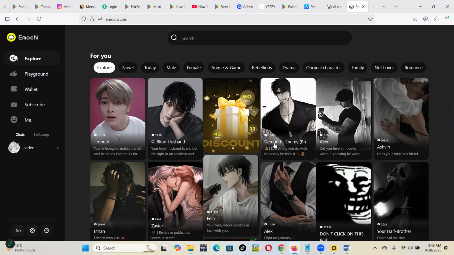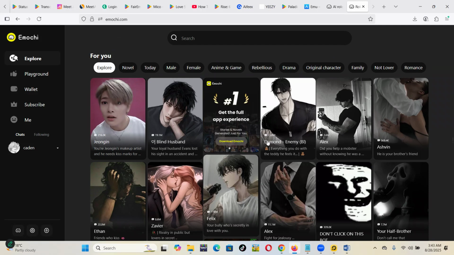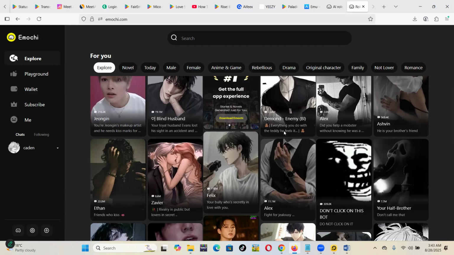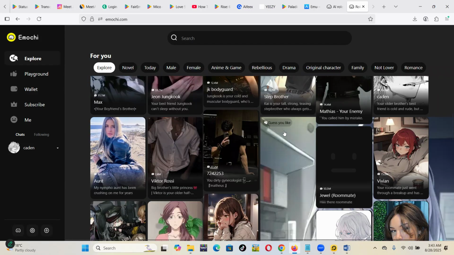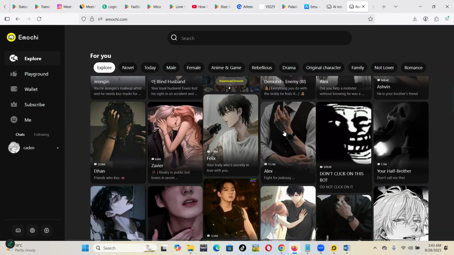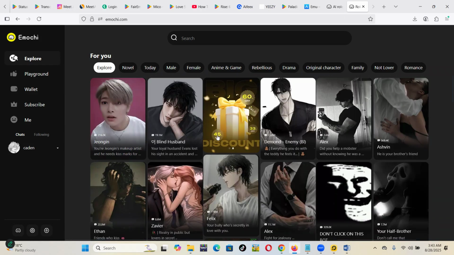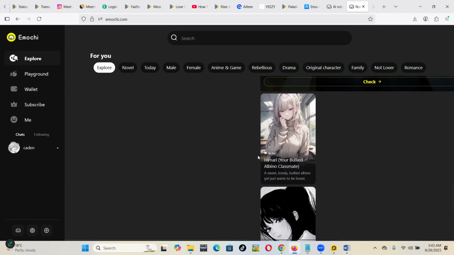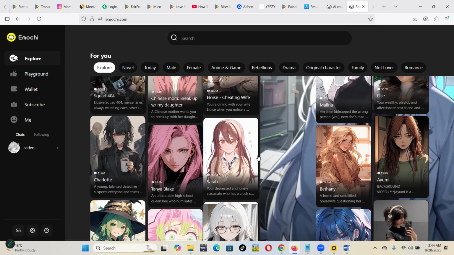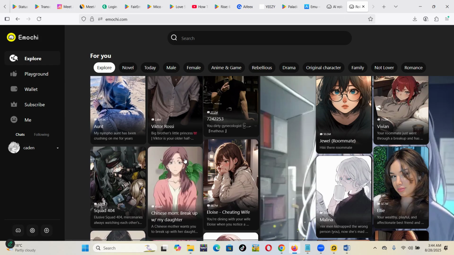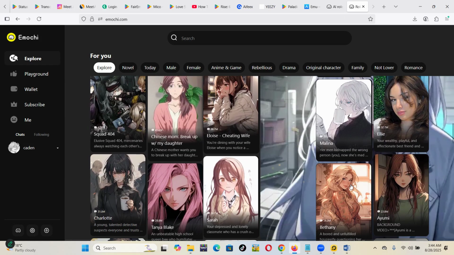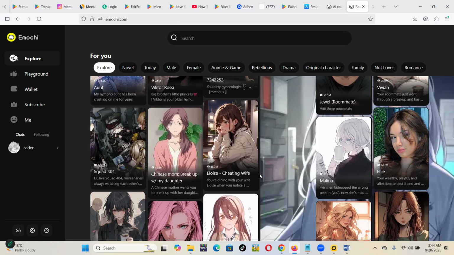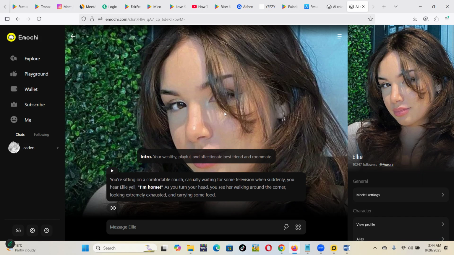Actually, these characters are celebs. They are celebs in quotes because some of these characters have a huge following. Okay, so I realize some of them have a personality, some of them are cold, some of them are rude. So let me try this one which I used. Let me try actually Ellie. There is actually a worthy chick here.